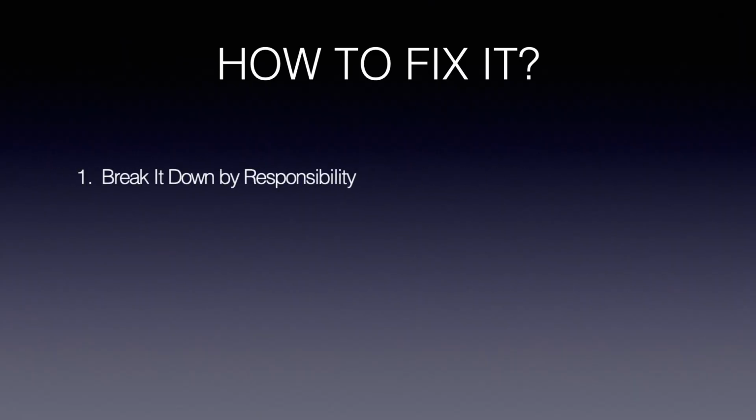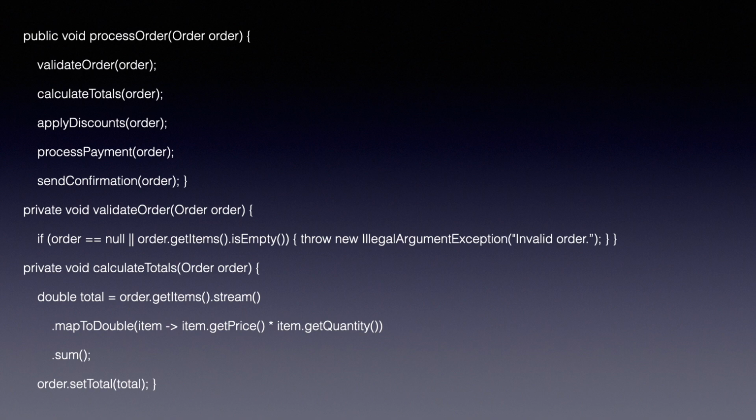Break it down by responsibility. Step 1, follow the single responsibility principle. Each method should do one thing. So let's split our example into smaller methods. You see that? Now, process order is just a high-level overview of what's happening, and each smaller method handles a